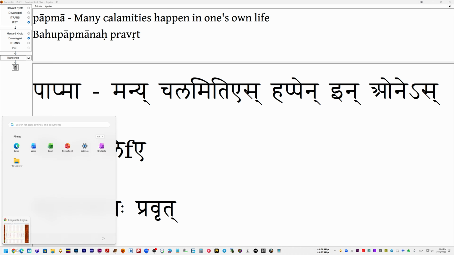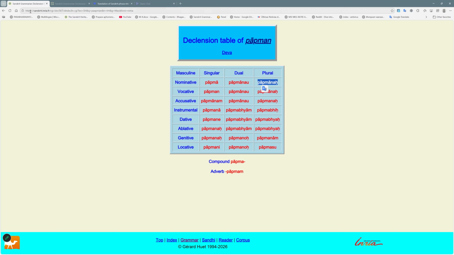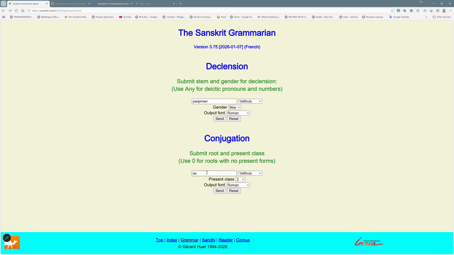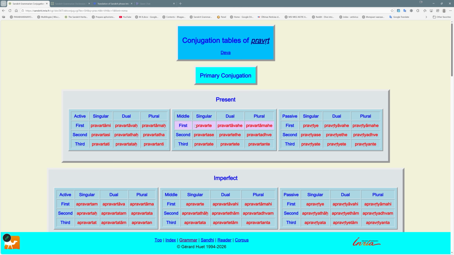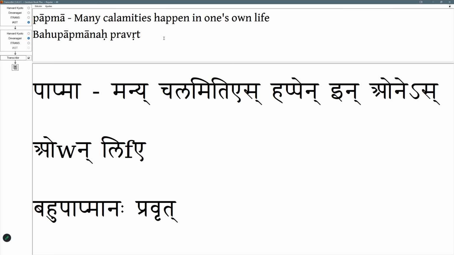Okay, I go to this nice resource. Voy a este lindo recurso, Sanskrit Heritage, and I put in conjugation, pravrit, first class, middle voice, voz media, atmanepada, middle voice here, third person singular, pravartate. Third person plural, pravartante. I already knew it, guys. I was joking. Ya lo sabía, estaba bromeando. But I need to show you, yes, for you to see. Tengo que mostrarles para que vean.